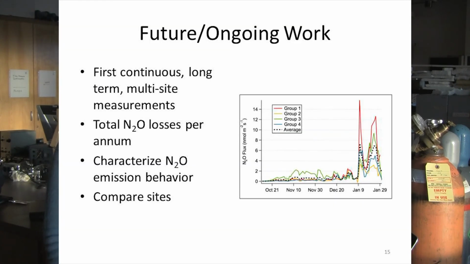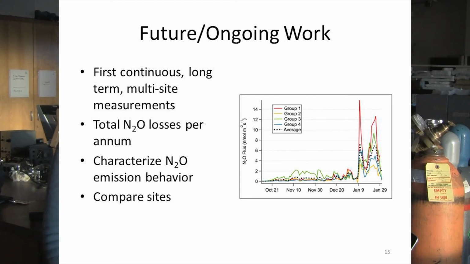So we're really interested to see just how the nitrous oxide emissions compare to other model estimates, the IPCC Tier 1 guidelines, and other measurements from other wheat cropping systems. We're interested in what the total N2O losses are on an annual basis to see what kind of source strength these fields have. We're really interested in characterizing nitrous oxide emission behavior, how emissions respond to soil temperature and moisture,